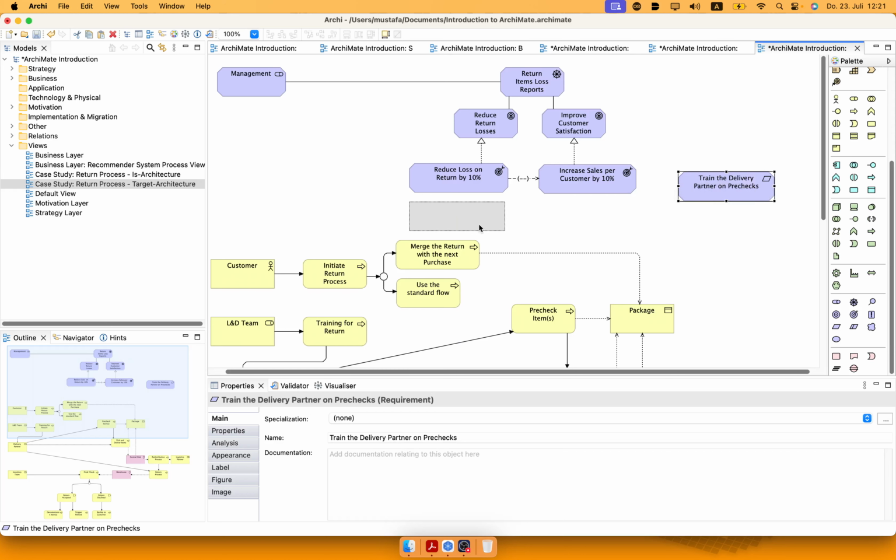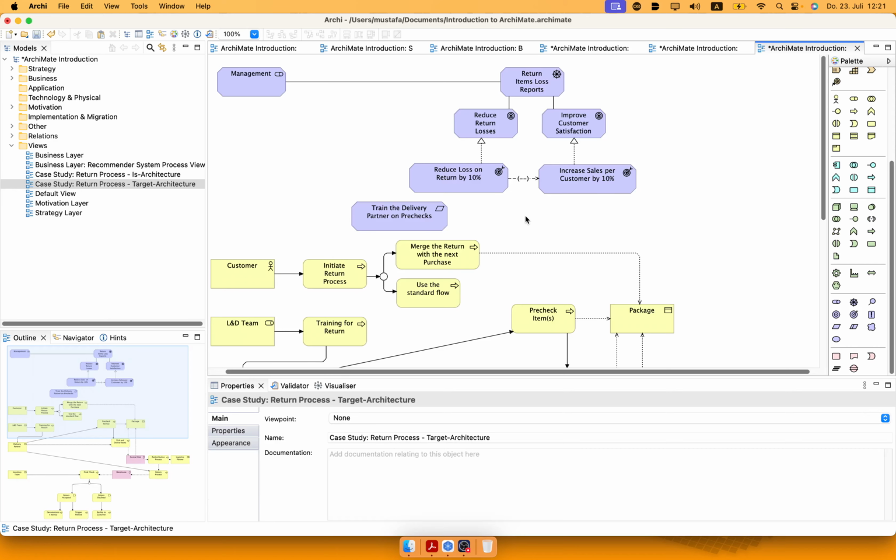This is an implementable requirement that realizes this outcome. Another requirement that can be added also: add a feature to the online store to merge, highlight